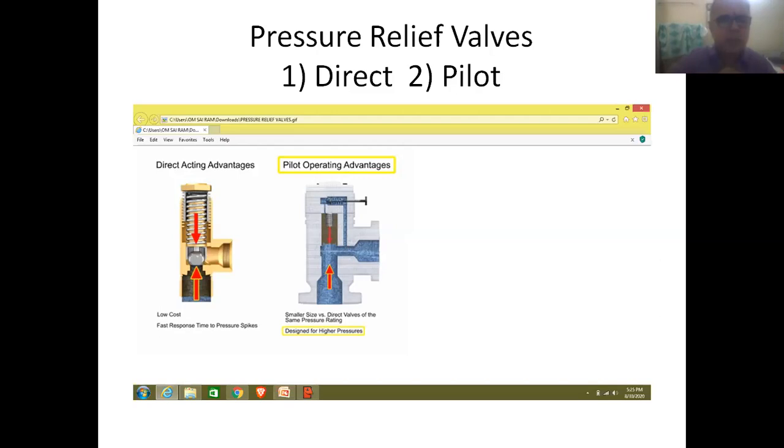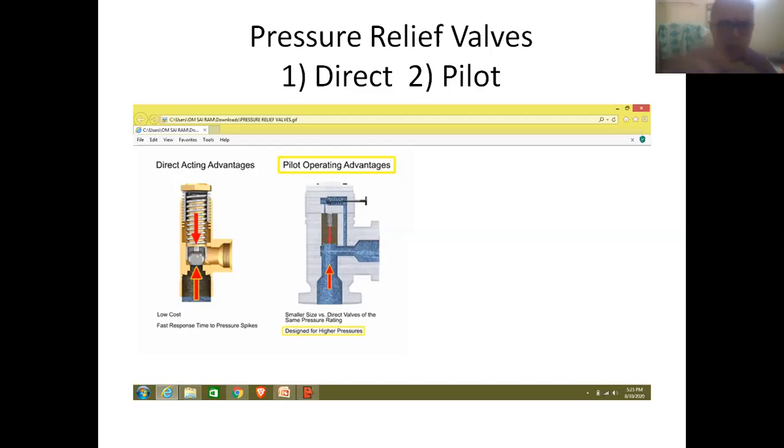So friends, here an element is placed inside the relief valve, which moves in upward and downward directions. And one more element is placed inside the pilot valve, which moves in forward and backward directions.